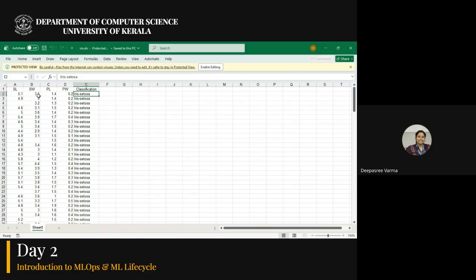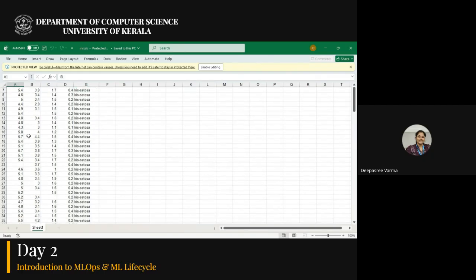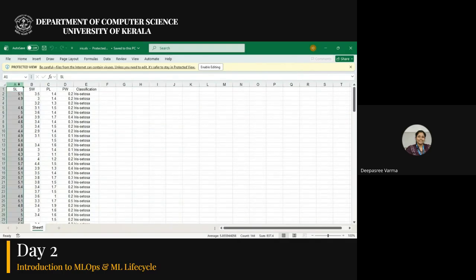For this flower, we have nearly 143 entries, that is 143 samples of flowers, where we know the sepal length, sepal width, petal length, and petal width.